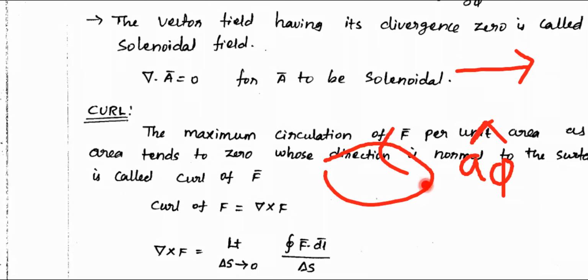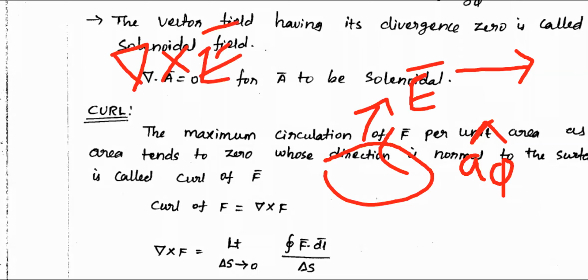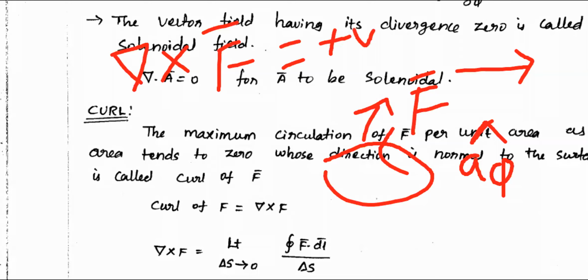So in this case, what can you calculate? You can calculate del cross that vector. Say this vector is some E vector or some other vector. Then it tells whether it really has a rotational nature or not. To avoid confusion, I take it as some random vector F. I'm not talking about force, just some random vector. If it really has a rotational nature, definitely I will get some value. The value may be positive or negative.